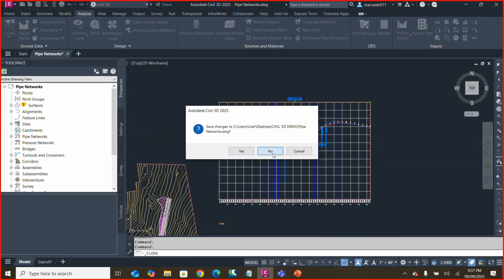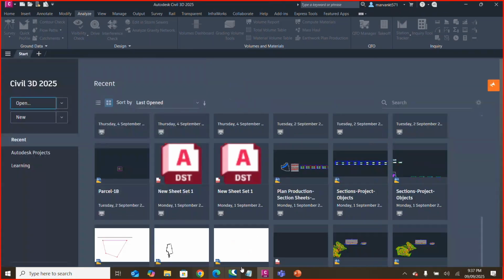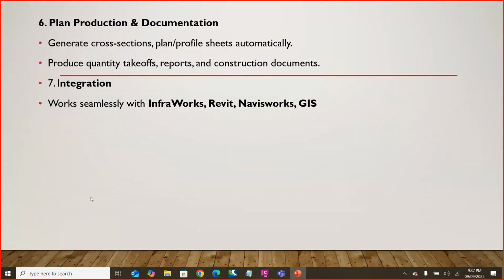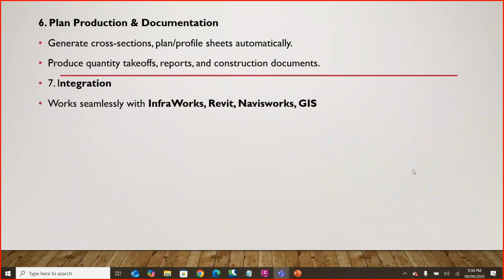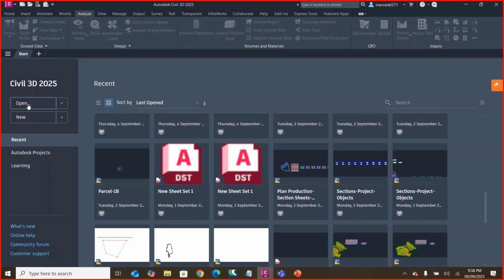Then you can see over here the next thing, pipe network. Then the next one is plan production and documentation. The plan production and documentation is basically how you create the plan production and documentation. That means you have to select your, let's say, we'll see here, I'll just take an